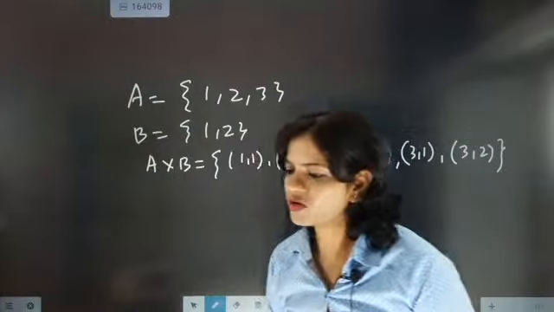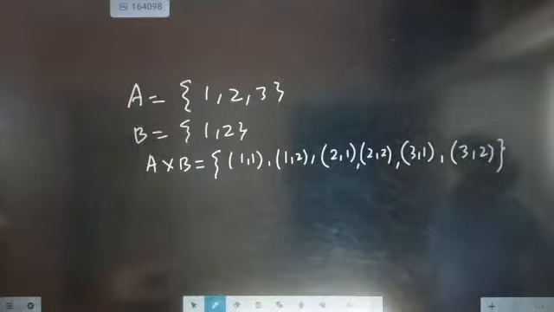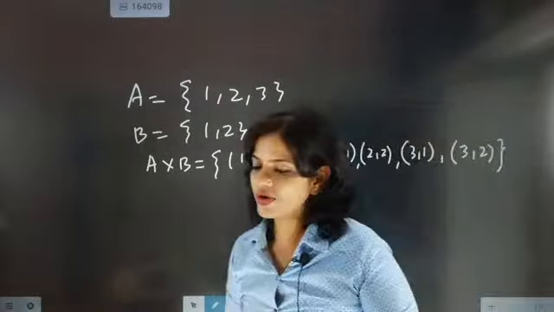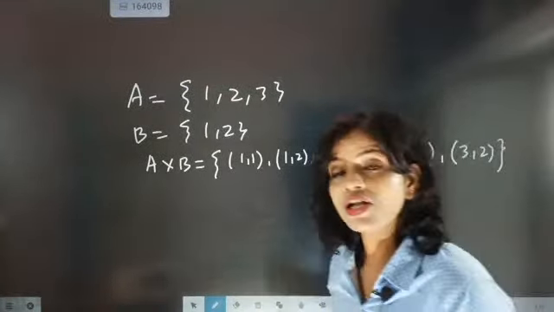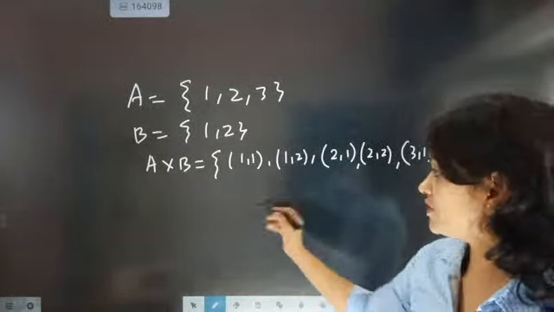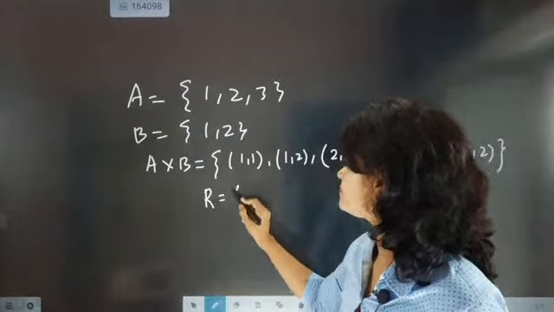1, 1, 1, 2, 2, 1, 2, 2, 3, 1, 3, 2. Now here, first we are going to generate one relation and after that we are going to talk about what is the domain of relation and what is the range of relation. Fine. So relation is